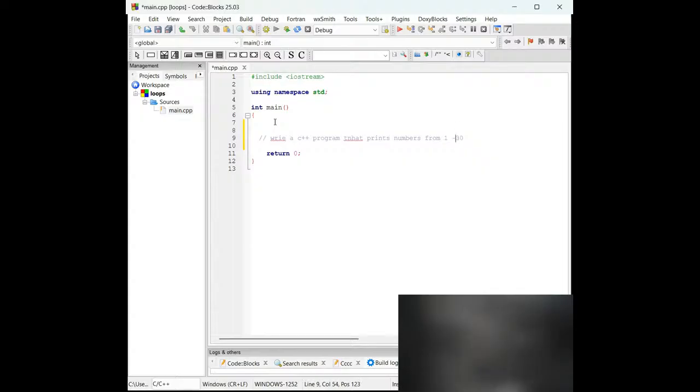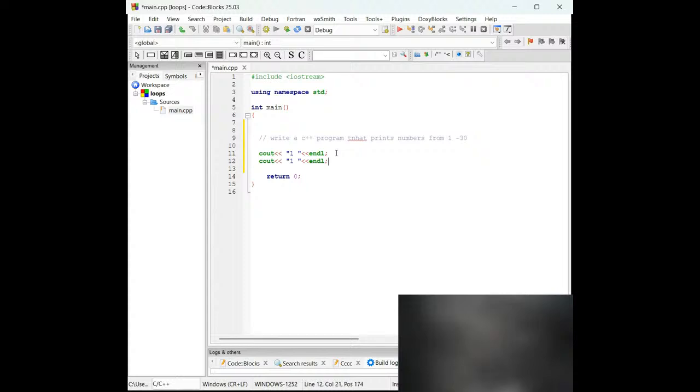With the manual process, you would have to come down and do cout 1, with an end line, and do the same multiple times.